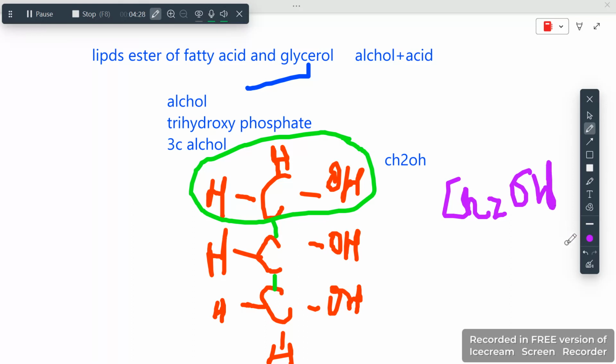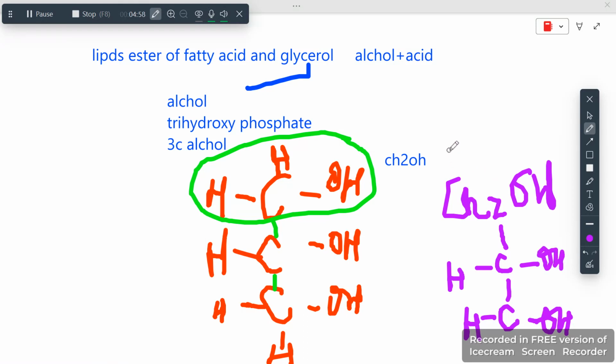This is H. So if I write it this way, then I would attach it with the second carbon, because the first carbon is attached and we know we have three carbons in this glycerol. And as I just told you, we will attach one hydrogen here as well. And on this side, we are supposed to add OH. And here we are also supposed to write OH. So this was about the bonding and the composition of glycerol, which is very